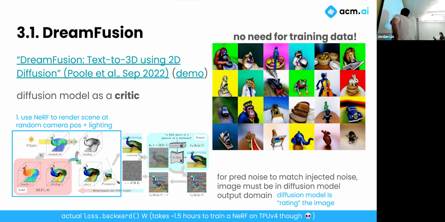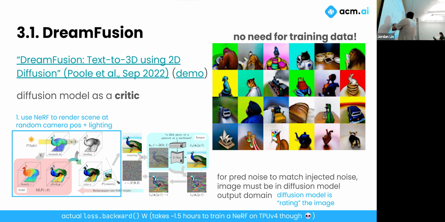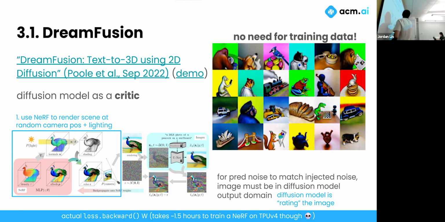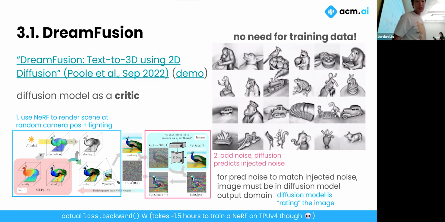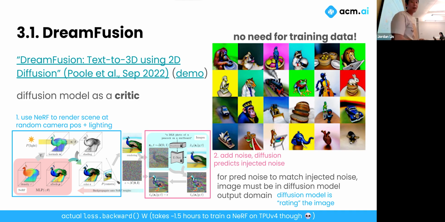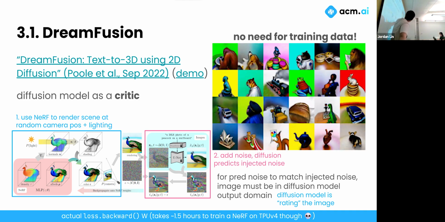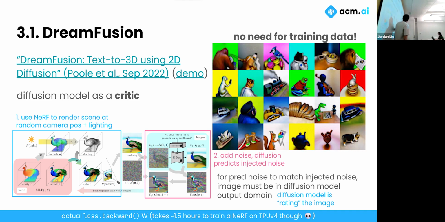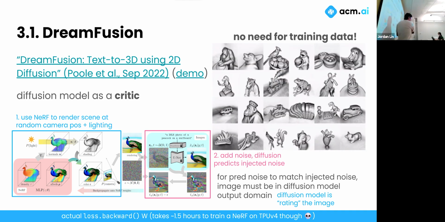So you do all this rendering, and then you choose a random location for a camera. You take a picture of it, right? So you have this picture. So that's the first step. You first use the NeRF to render a scene at a random camera position plus lighting. You have this picture. Then what you do, you add noise to this picture, and then you pass in what your input text is going to be,